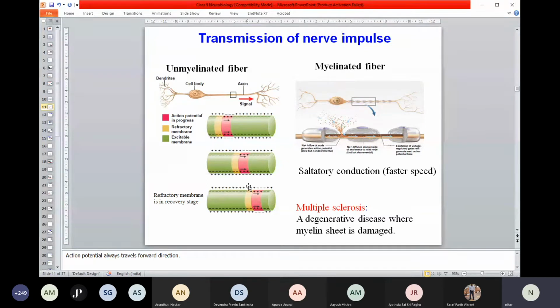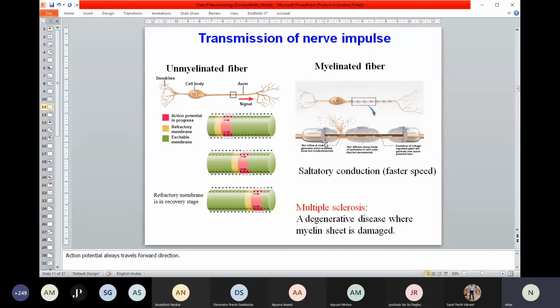Just think about your longest neurons, from the spinal cord to your hands, or from the spinal cord to your legs. These are some of the longest neurons. The nerve fiber from the spinal cord to your legs is called the sciatic nerve. They are the longest neurons that you can think of. So if the information from your toes has to come to your brain, that's a long route, a long distance. Obviously you need to speed up the nerve impulse. Therefore, you need a myelin sheath. That's why it is there.